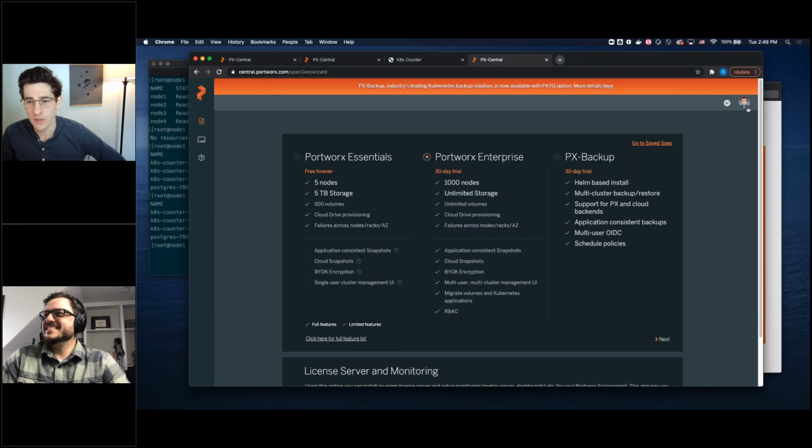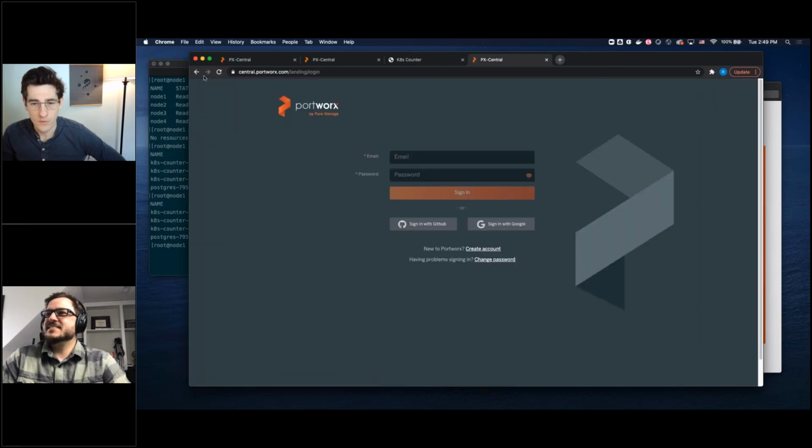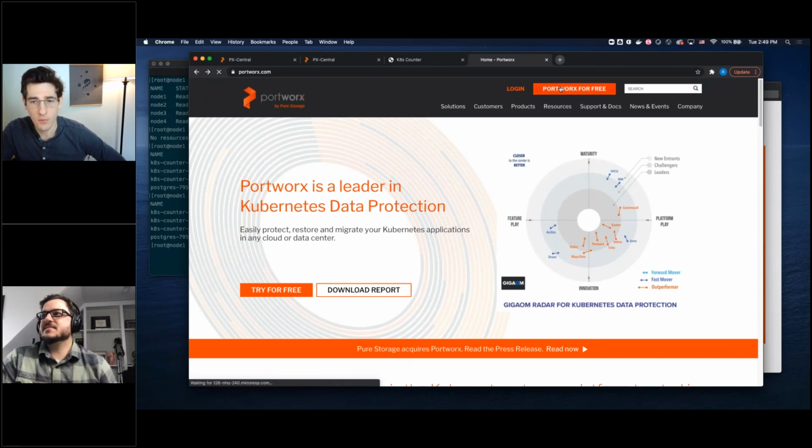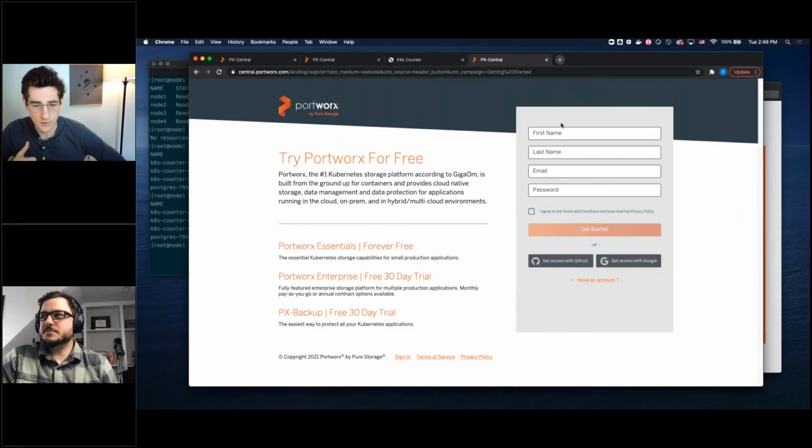Yeah, it'll bring you to a landing page where you'll be able to create your free Portworx account. So if you want to try PX Backup, you go here. If you want to try Portworx Essentials, which is our storage product for small production clusters, or even test dev environments, or Portworx Enterprise, which is our full-featured enterprise product, go to the same place, create a free account, and